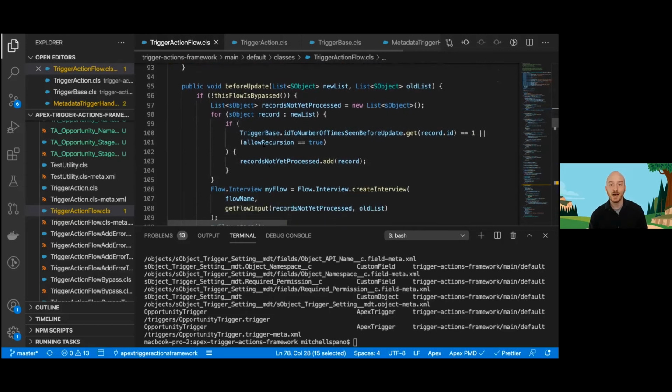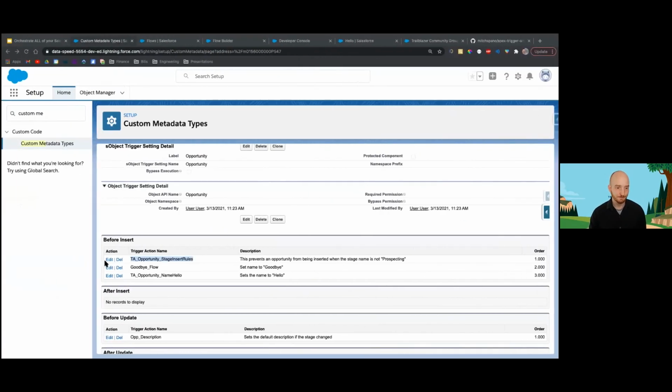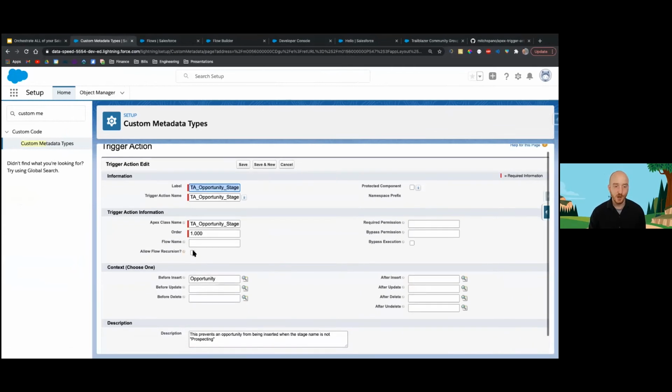Before update, we also check to say, do you want to allow flow recursion? Because if you take a look here, if we are a flow, there's this allow flow recursion checkbox. If this is unchecked, by default, the flow will only process a record one time. If you check this, then the flow can process the record multiple times. It's a little bit advanced, but it's given for parity with what's available to us via Process Builder and Flow